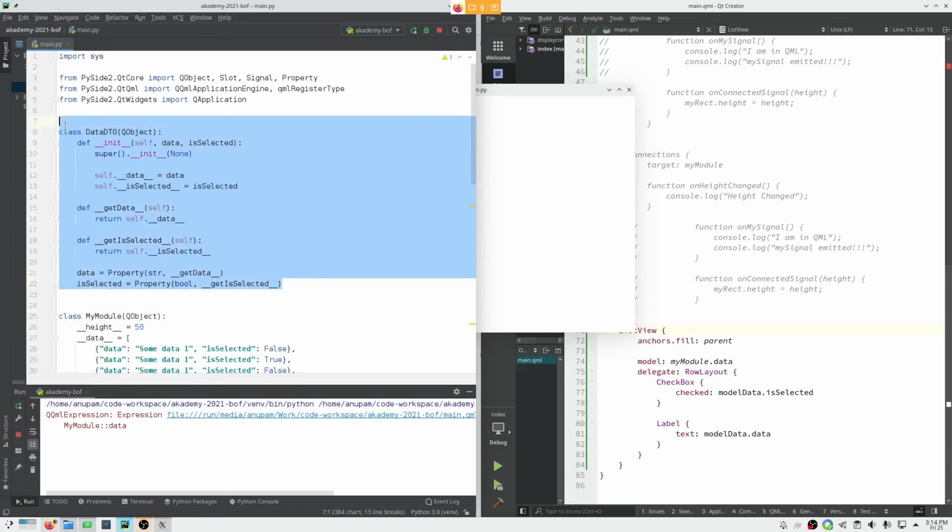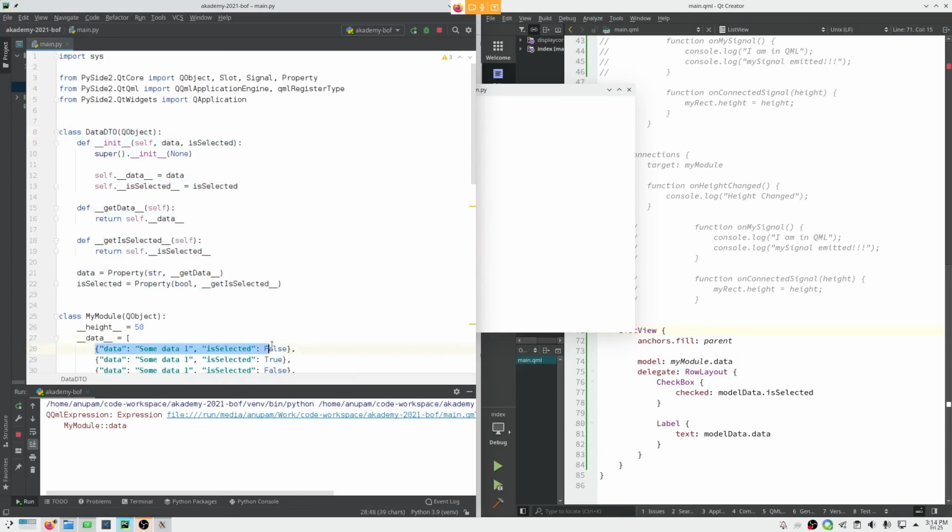This should encapsulate what I did just here with dictionaries into a custom class object, and instead of defining a Python dictionary, I could just create a new data object.